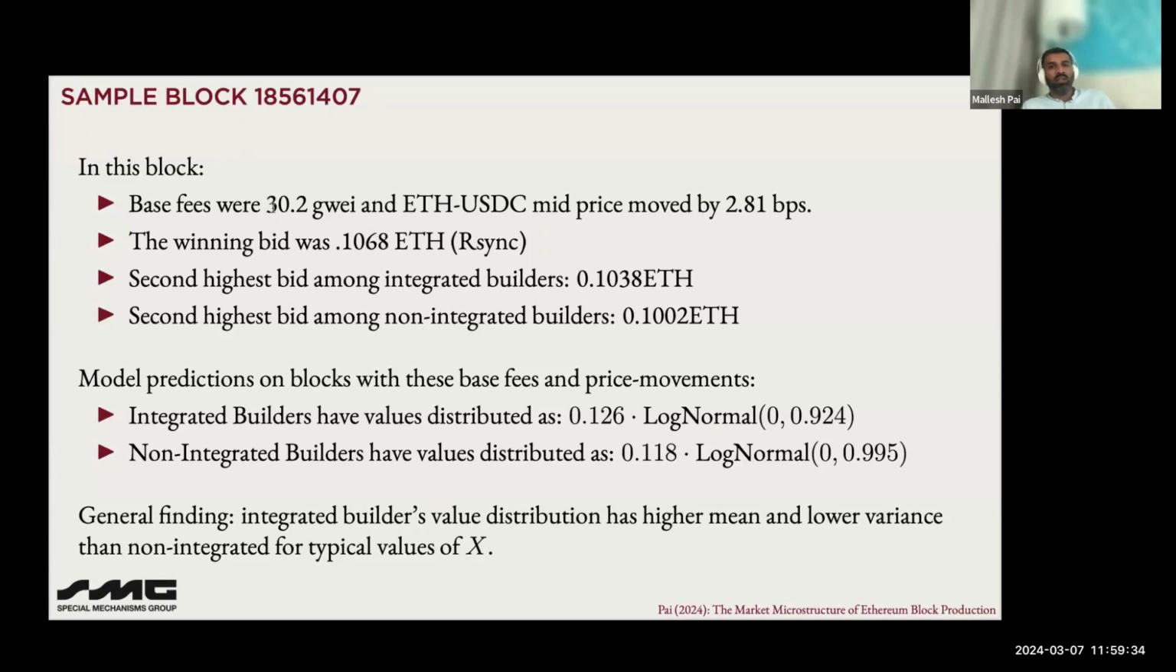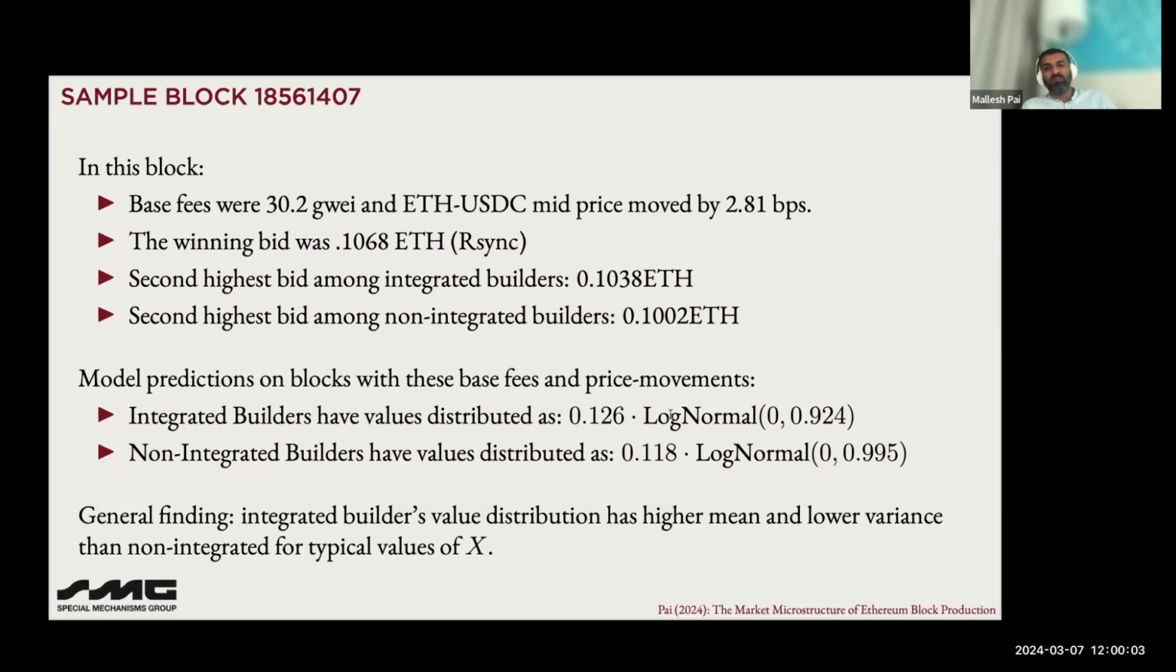In that block, the base fee was 30.2 gwei and the ETH-USDC price moved by 3 bips. The winning bid was 0.1068 ETH, from rsync. The second highest bid among integrated builders was 0.1038 ETH, and the second highest bid among non-integrated builders was 0.1002. Conditional on these X's and conditional on our parameter estimates, we believe that in such auctions, integrated builders have